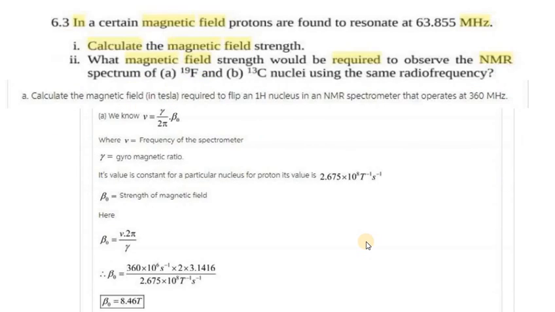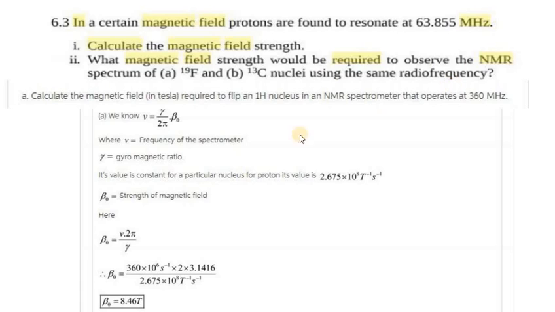So if we are given the radio frequency at which protons resonate or absorb, then we can easily calculate the magnetic field strength. We already know that for 60 megahertz the magnetic field strength of 1.41 Tesla is required, so we can calculate that. And what magnetic field strength would be required to observe the NMR spectrum of fluorine or carbon nuclei using the same